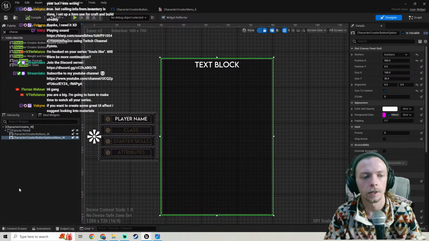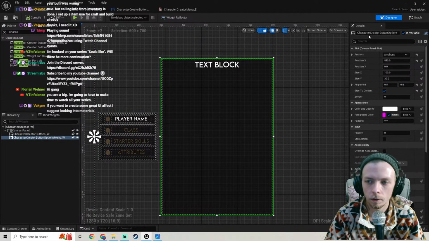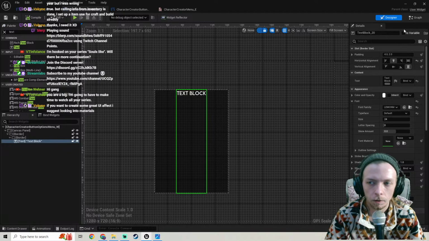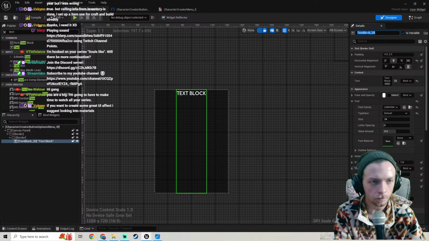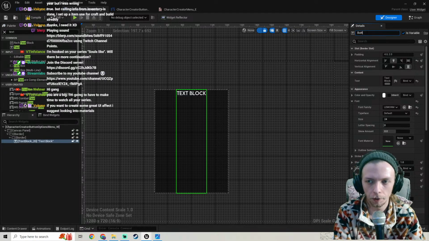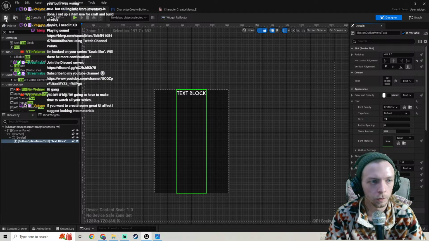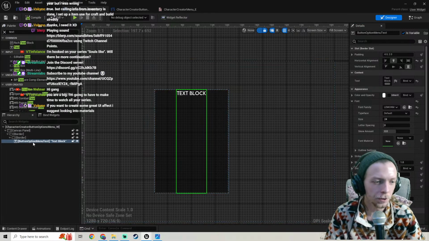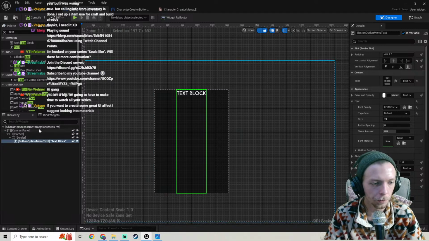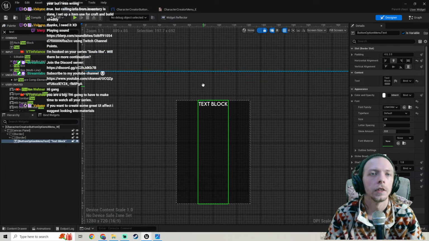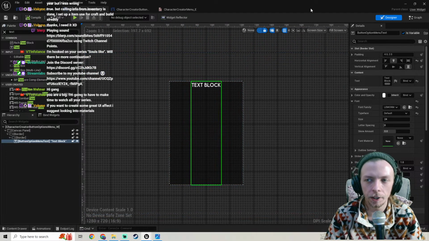So for the text, we will... Let's go to our text. We're gonna check is variable. We're gonna call this button options menu text, and this will just be a text that says what menu you're on. I don't know if options is the best word for this. We're calling this character creator button options menu, but I don't know if that 100% makes sense. If anyone has a better word for this, let me know. So basically what this menu is